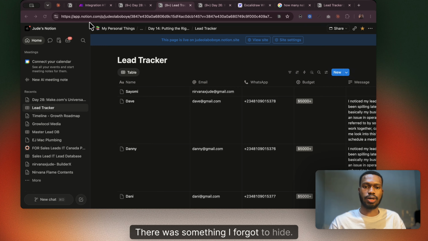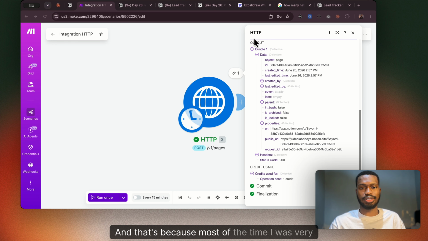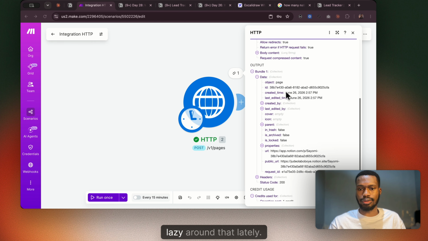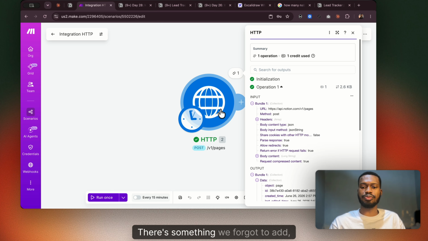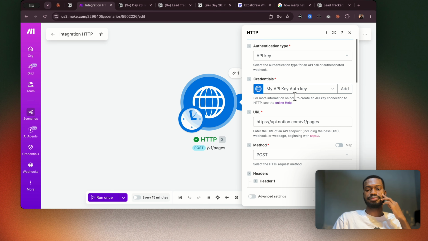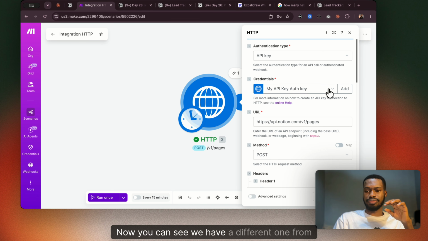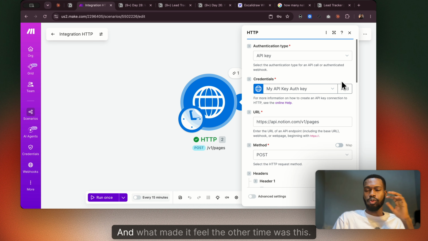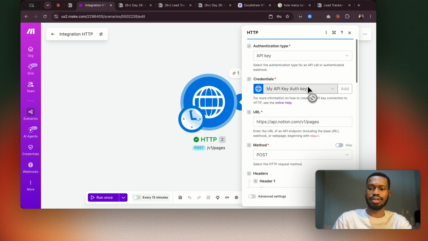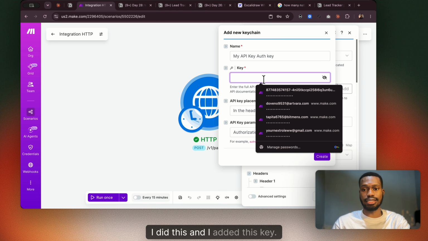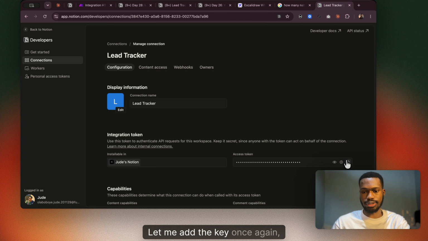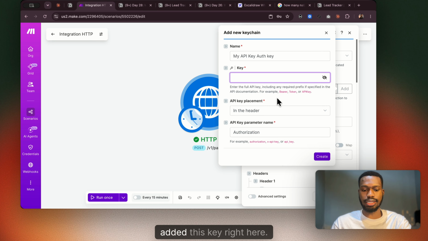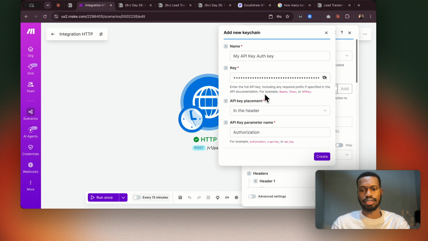There was something I forgot to add, and that's because most of the time, I will be very honest, I've been lazy around that lately. There's something we forgot to add, which is this. Now you can see we have a different one from Xiaomi. I'm going to create another Xiaomi right now. And what made it fail the other time was this. Just a very simple thing. I added this key, right? Let me add the key once again. I added this key right here, right? And what I forgot to miss out, let me say